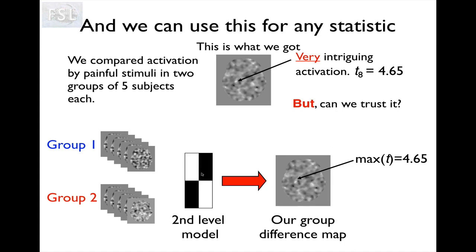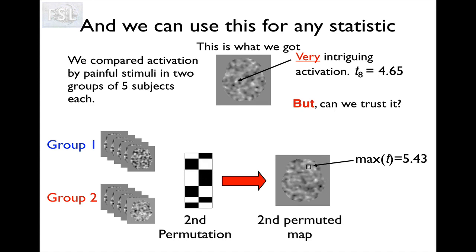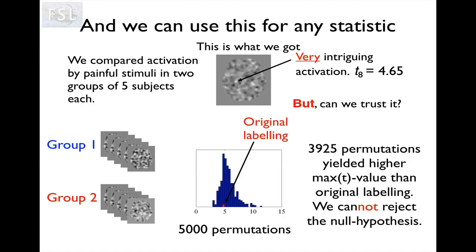And now we start permuting these labels. So here's the first permutation, and we have the maximum t-statistic somewhere else, and it's now 8.23. And this one is now 5.43, and each time we do this relabeling, we save away this maximum t-statistic, 5.84, and we keep doing this until we have done 5,000 permutations. Just a sort of arbitrary number, 5,000 permutations, and we find that our original labeling wasn't anything